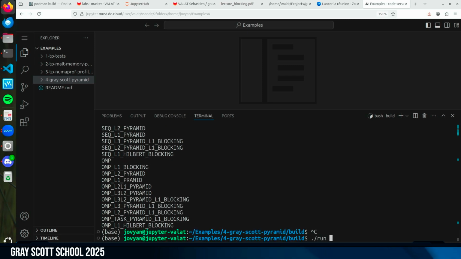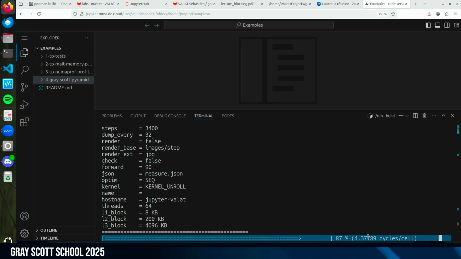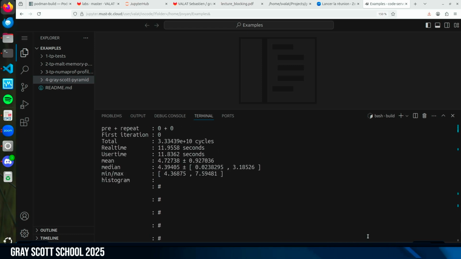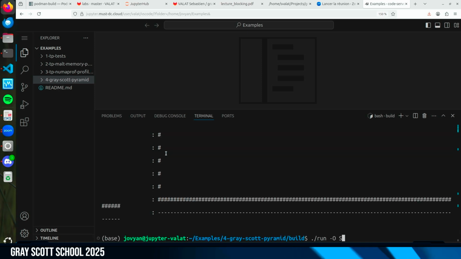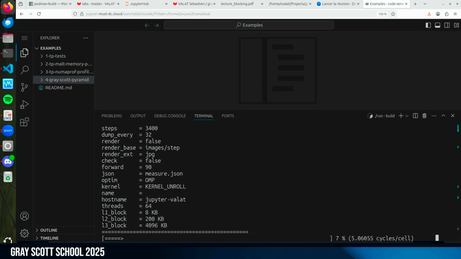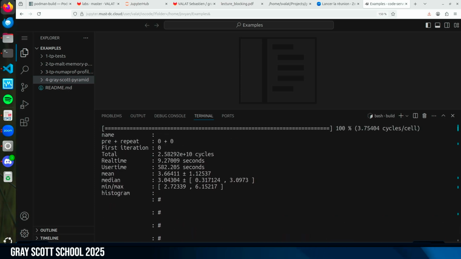We will first run -O sequential, which is taking a certain amount of time. So here I'm printing the time in cycles per cell, which is 4.3. So we made 11 seconds here in sequential. This is on must. Then I try OpenMP in parallel. Not fairly better. Why? Strange. A bit better. So I was at 3 before.